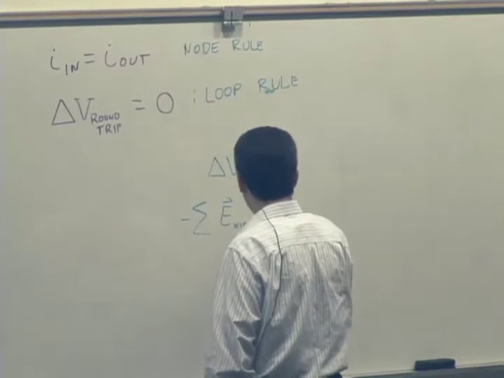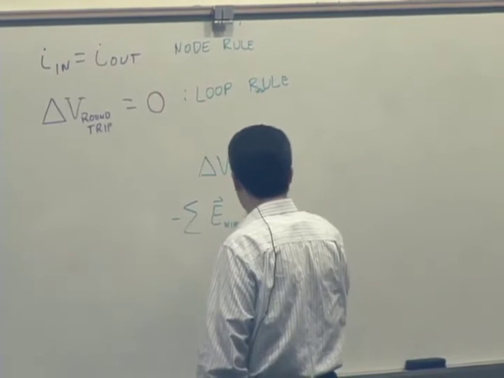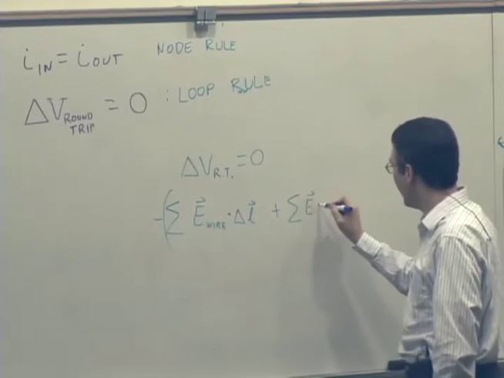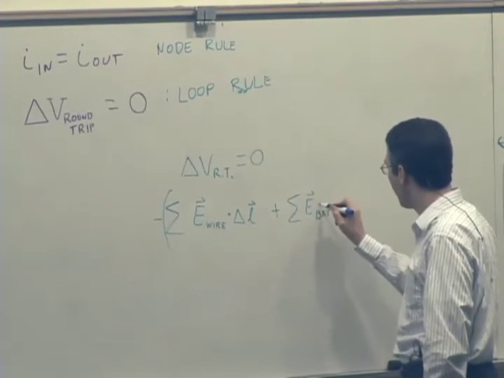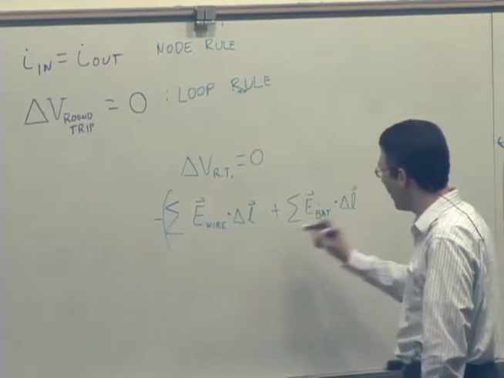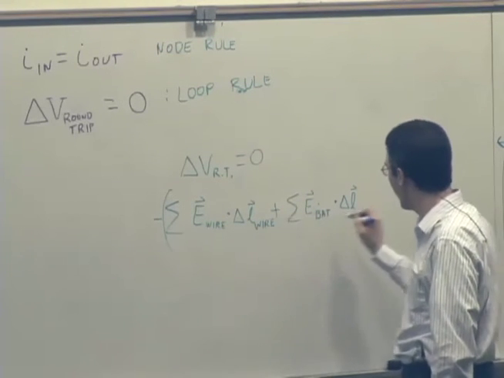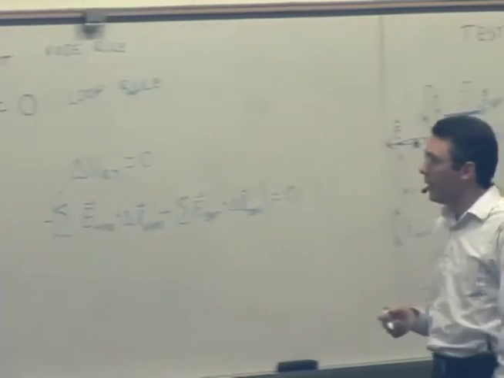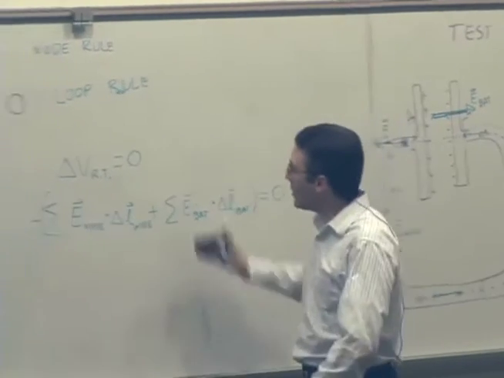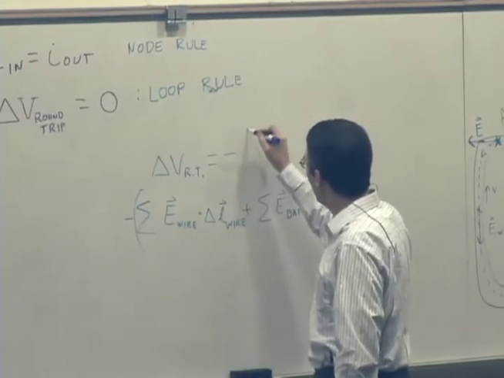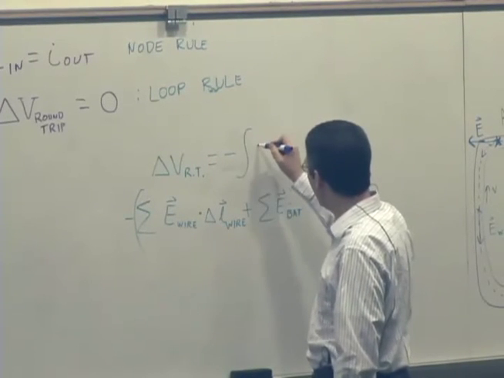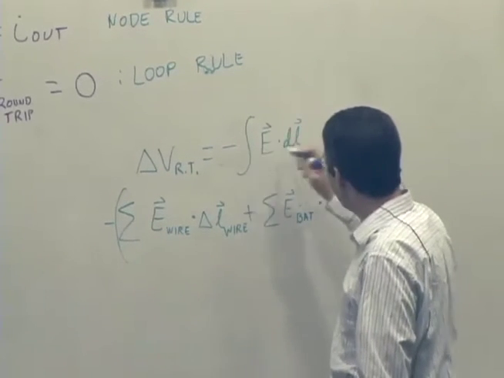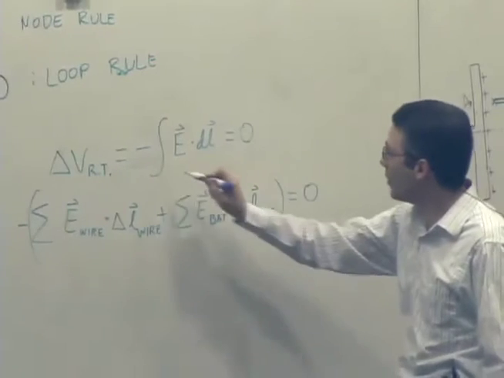So I have the negative sum of the electric field in the wire dot some delta L plus the electric field in the battery dot that delta L across. So this is across the wire, and this is across the battery. Okay. And really, and let me just emphasize this, again, the most general form of this relationship between the electric field, so this is round trip,